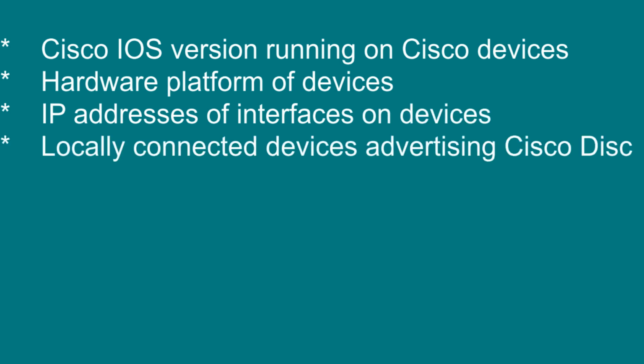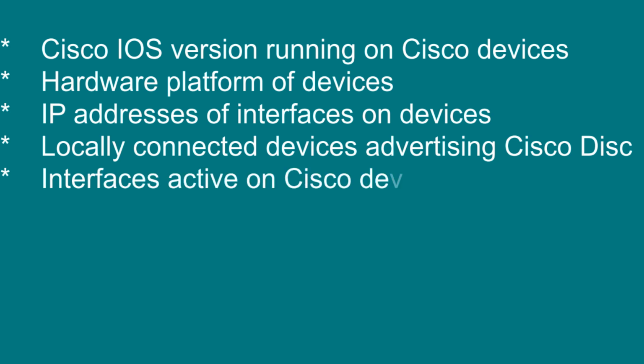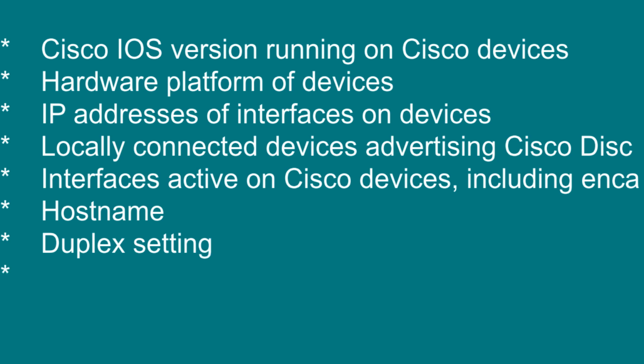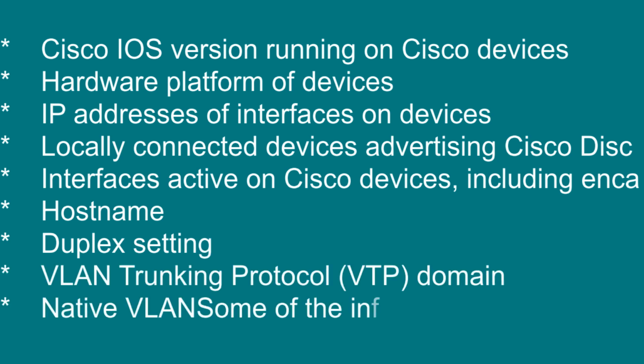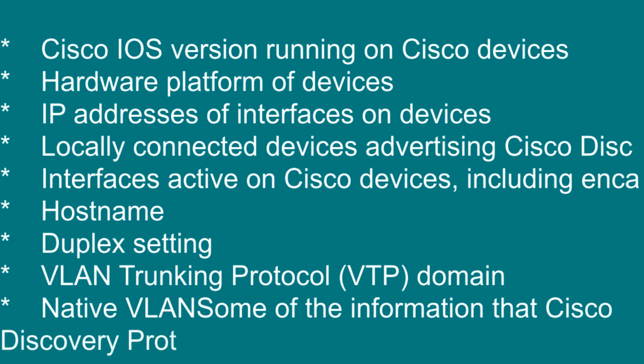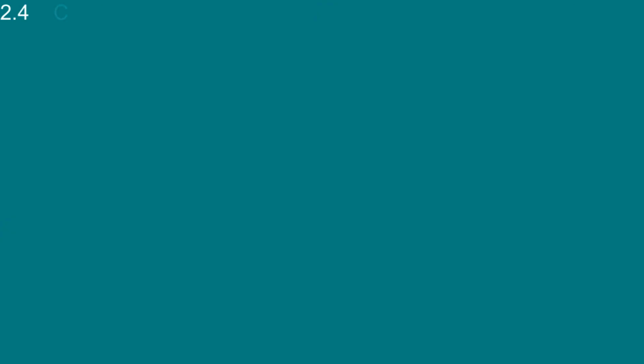Cisco Discovery Protocol interfaces active on Cisco devices, including encapsulation type, hostname, duplex setting, VLAN Trunking Protocol (VTP) domain, native VLAN. Some of the information that Cisco Discovery Protocol can learn includes: 2.4 Configure and verify Layer 2 and Layer 3